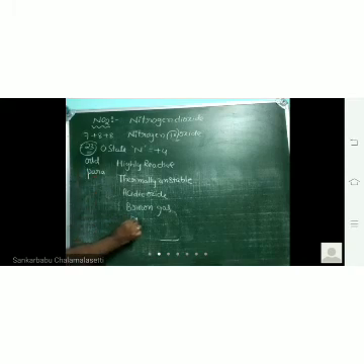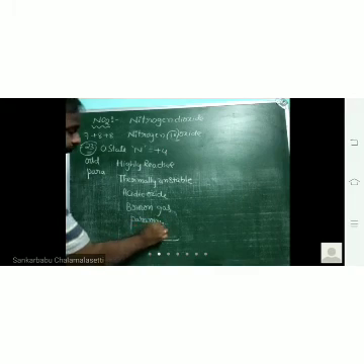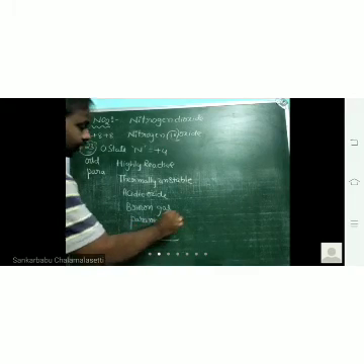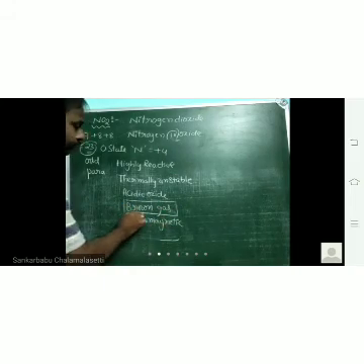Here nitrogen has atomic number 7, oxygen has atomic number 8. 2 oxygens are there, 8 plus 8. Number of electrons is equal to atomic number. So here the total number of electrons 8 plus 8 is 16, 16 plus 7 is 23. It means that it has an odd number of electrons. So when it has an odd number of electrons, it is paramagnetic.